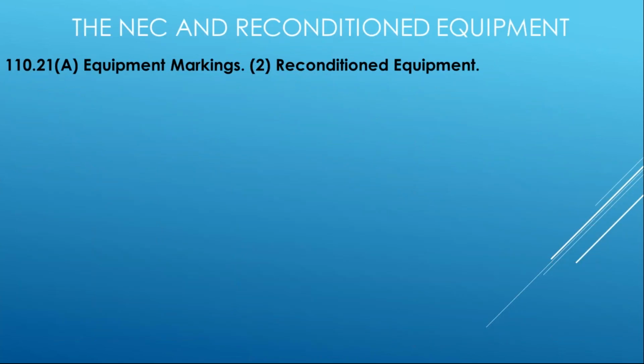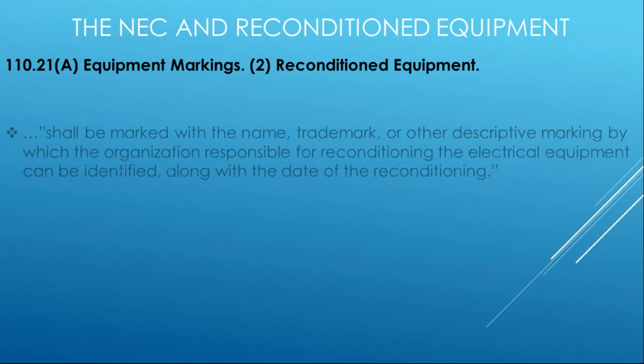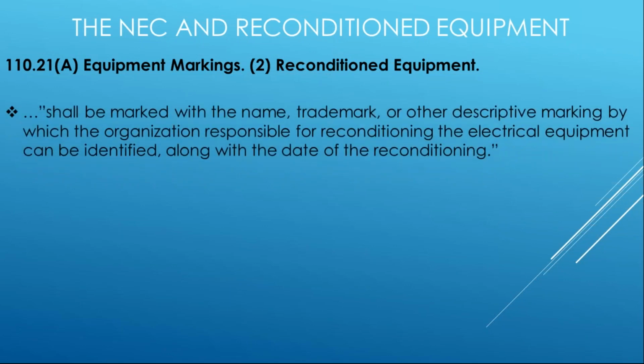So the NEC, I promised I'd come back to the NEC again at the end here. And this talks about something new for you in 2017, guys. I know only about 14 states as of October 1st are on the 2017 NEC, so there's a very good chance that you're on earlier editions. So stay tuned. When you do adopt the 2017 NEC, and many states are in that process, this is a new requirement that if it is indeed reconditioned, whether you do it or you hire a third party or the manufacturer comes in and does it for you,